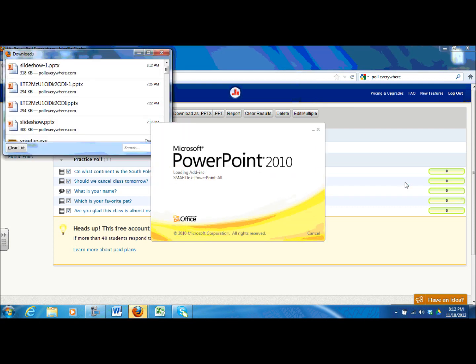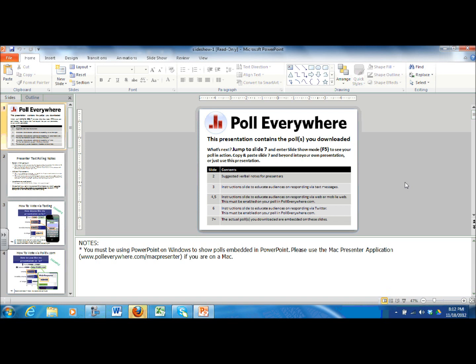downloads, there are going to be multiple pages first that are from Poll Everywhere that give you a good explanation of what's going on here. You can delete these slides if you want, or take the slides with the polls and copy them, paste them into another presentation. But I advise you to take some time and look at this because it does have some